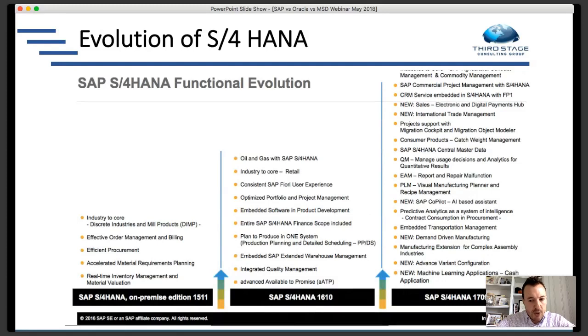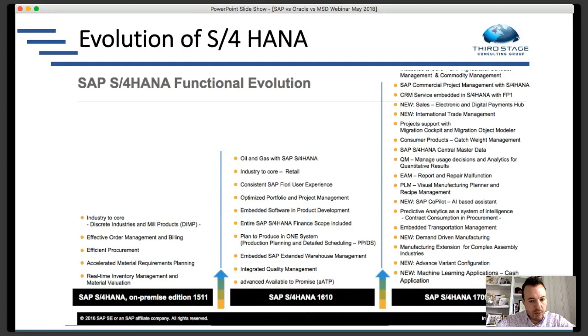And a lot of the focus and the new functionality with S4 HANA is on, I don't want to call it the machine learning aspect, but more of the predictive analytics and the smart computing type of functionality, where we're looking at ways to provide machine learning around some financial processes and manufacturing processes. The cash application has a new machine learning application. So they're rolling out more of this advanced functionality, which is really where they're focused now.